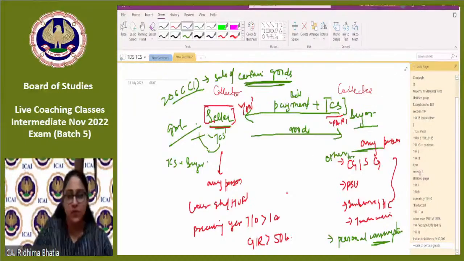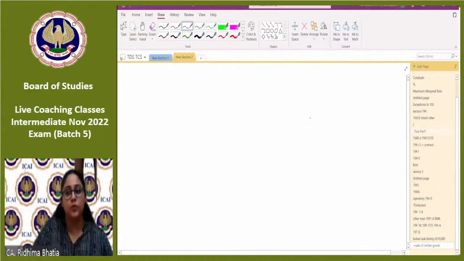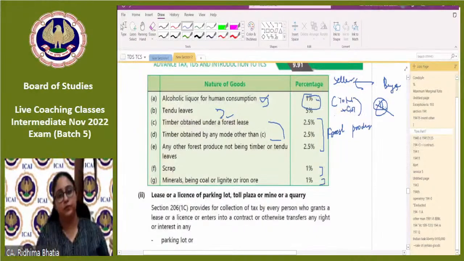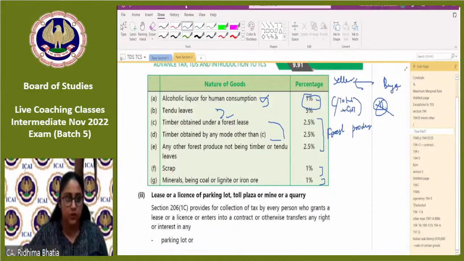What are the rates for TCS? The rates are separate for each good. If you're talking about alcohol, they will collect 1%. 1% of what? 1% of the invoice amount. Invoice amount, which is total value, taxable value plus GST. वहाँ पे TDS में we never calculated TDS on the GST part, right? But यहाँ पे TCS would be collected on the total value plus GST. So 1%